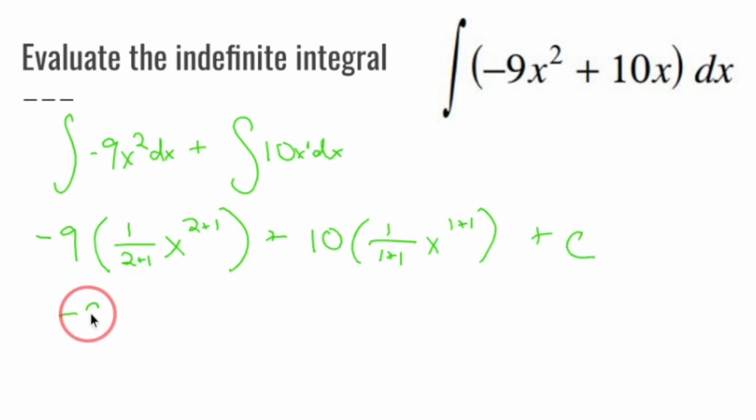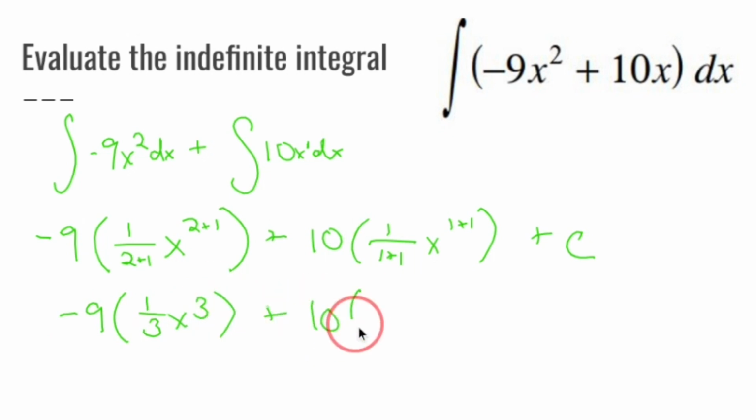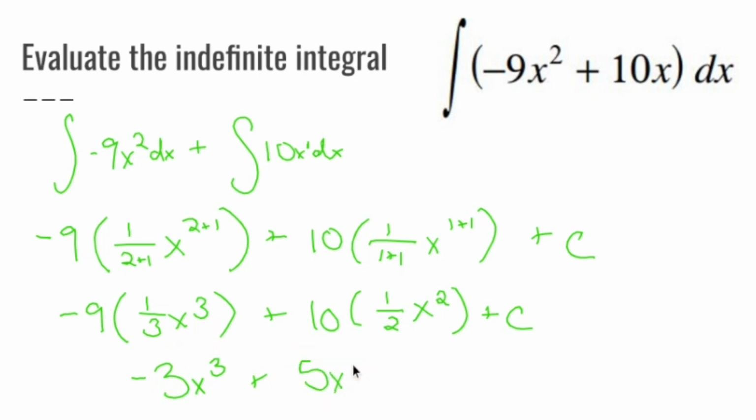So this leaves me with negative 9 times 1 over 2 plus 1, which is a third, x to the third, plus 10 times 1 over 1 plus 1, which is a half, x to the second, plus c. Do a little bit of simplifying. Negative 9 times a third is negative 3, negative 3x cubed, plus 10 times a half is 5, 5x squared,